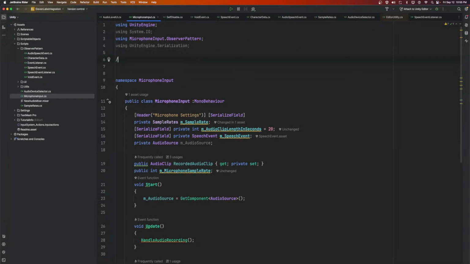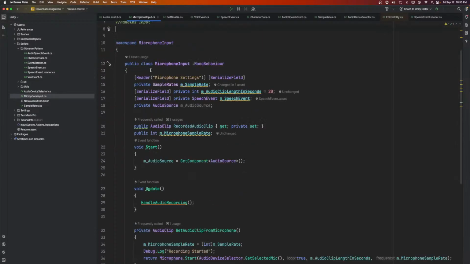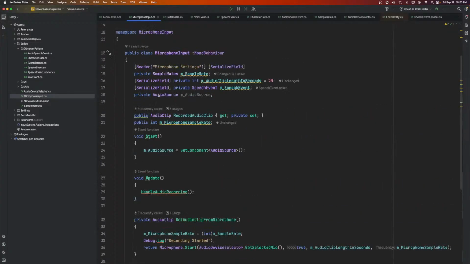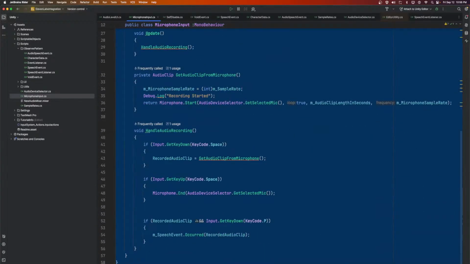This creates a WAV file, handles input, so maybe I can refactor these into different classes. See, because I know